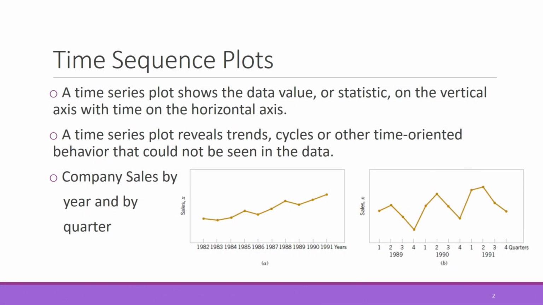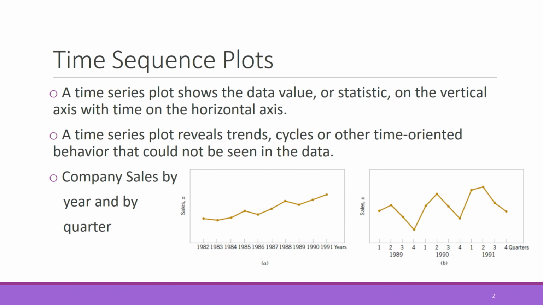A time sequence plot is also called a time series plot, and it shows the data values or statistics on the vertical axis with time on the horizontal axis. And so a time series plot can reveal trends and cycles or other time-oriented behavior that you can't just see by looking at your data. Highly